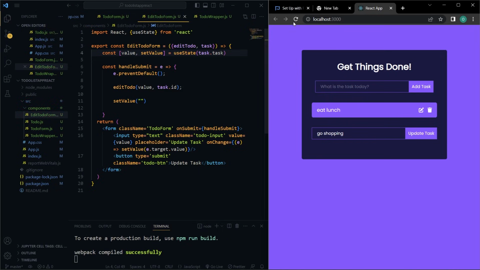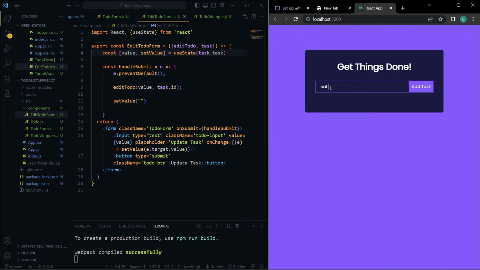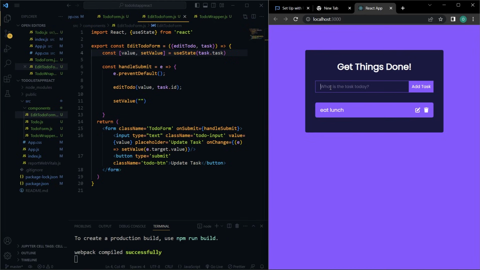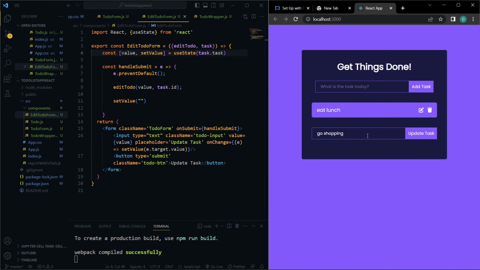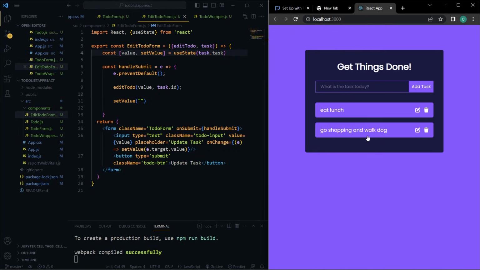Okay, and let me just reload it just in case it messed it up. Eat lunch, go shopping, and we'll click this here, say go shopping and walk dog. If I press enter, there you go, you can see the value has been updated,